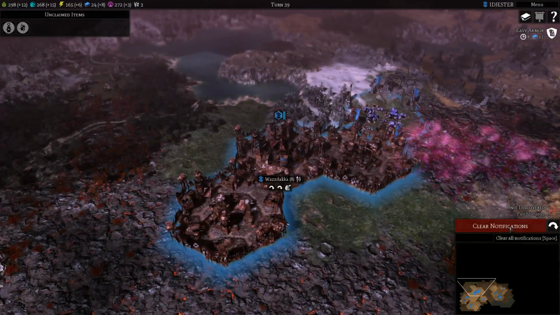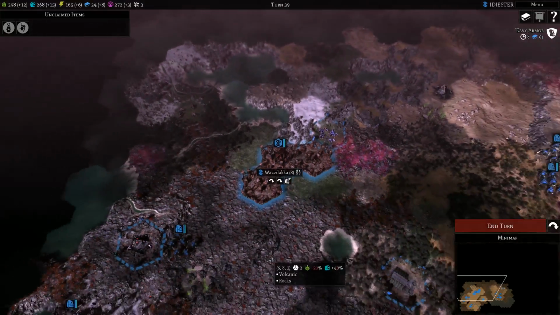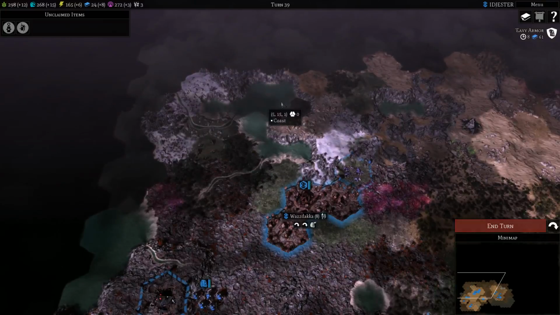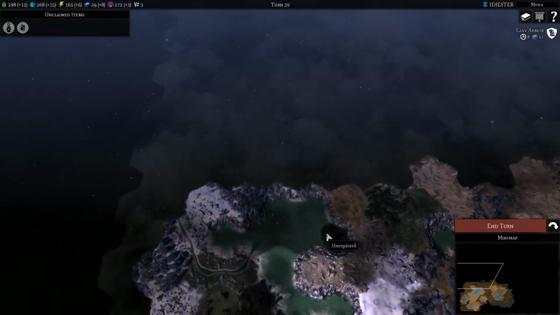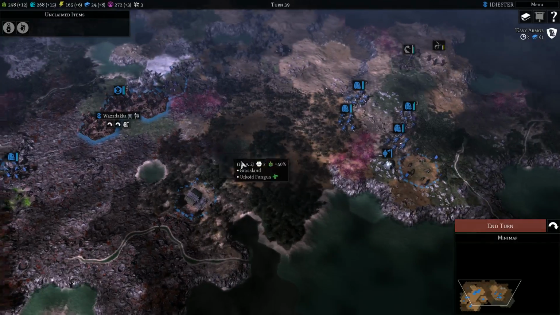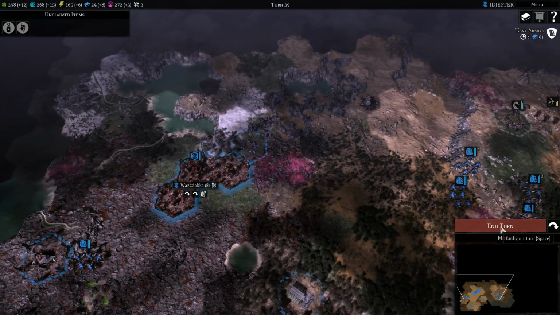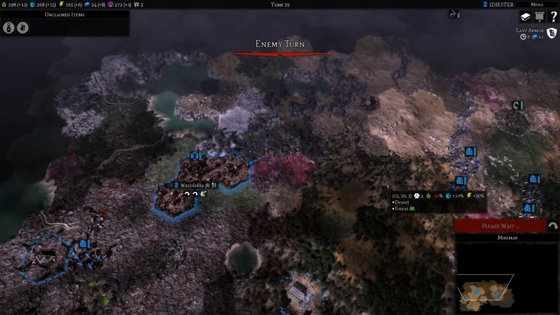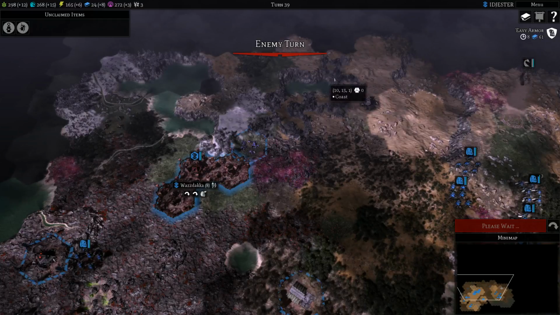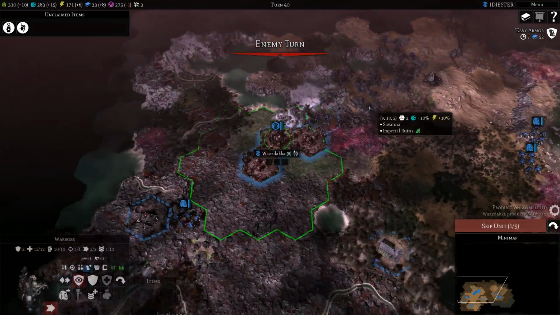Okay, we don't need the city. Alright, so we got a little army back here. They're going to get together, maybe go to the north, explore up that way. Got a little army over here. We're going to have a hero here in a couple turns. There's still stuff running around up here, so we got to... And they keep taking our...